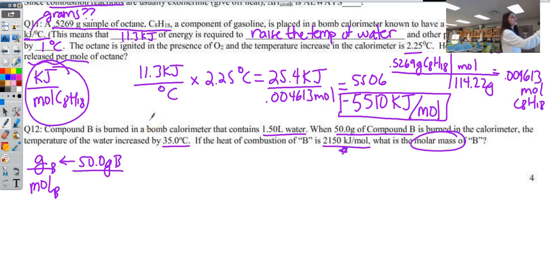Now this 2150 kilojoules per mole, this can be very helpful. But I'm also seeing that they're giving me the liters of water, which could be the mass of water in my calorimeter. They're also giving me delta T. Something that they're not giving me, but I know, is my specific heat, or my heat capacity of water. So all I need to do in order to figure out delta H equals MC delta T, so let's just go ahead and fill that in. So delta H is equal to MC delta T,